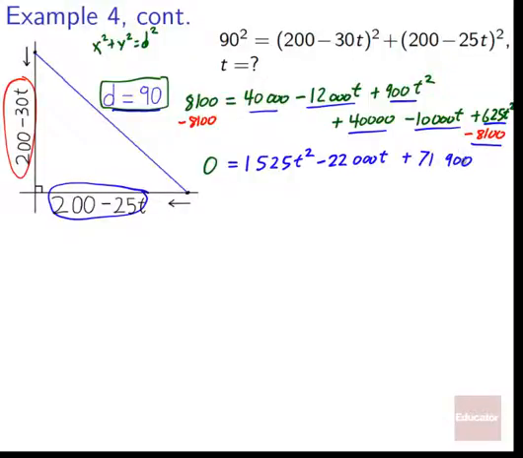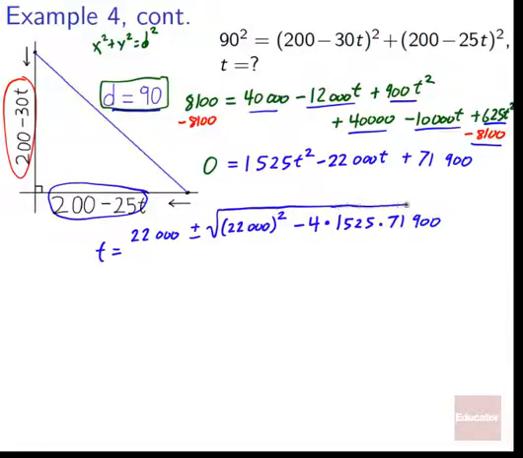Once again, it's a good thing that we have calculators, otherwise this would be really difficult, but we can use the quadratic formula now. So t equals negative b, so negative 22,000, so 22,000, plus or minus the square root of b squared. So 22,000 squared, we'll drop the negative sign just because it's going to get squared anyway. 22,000 squared minus 4 times 1525 times